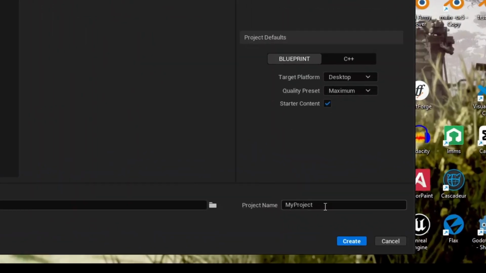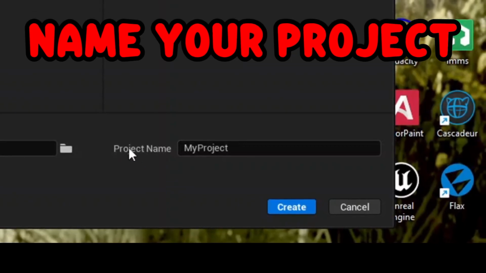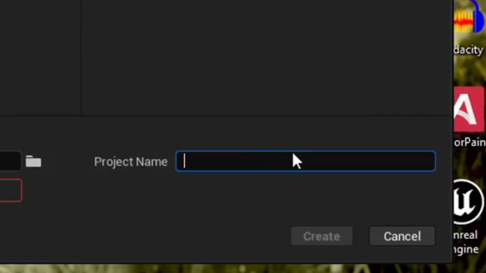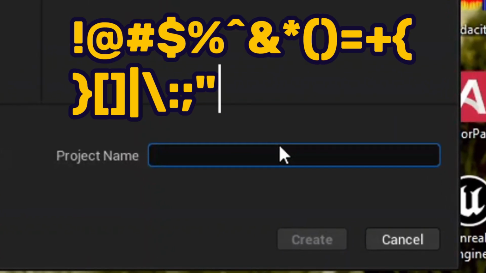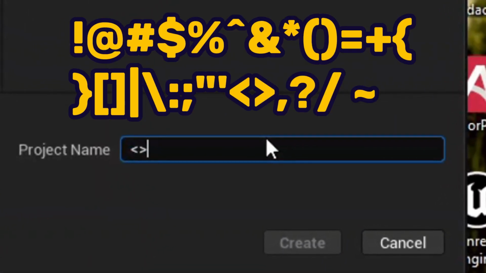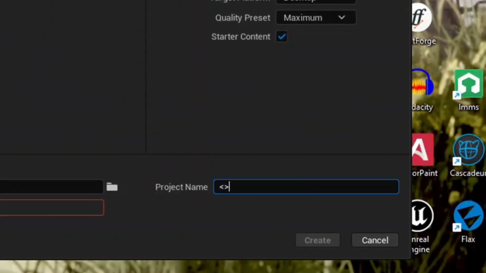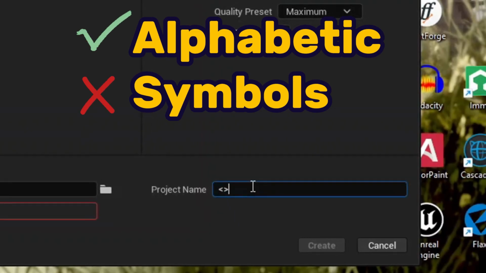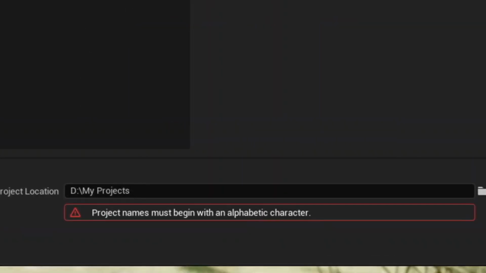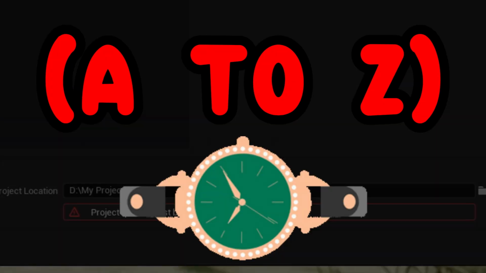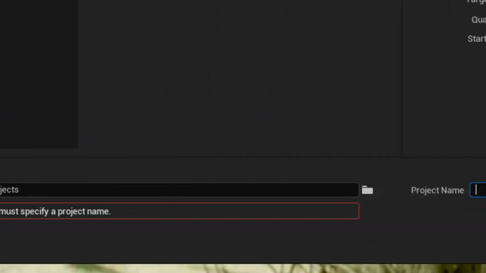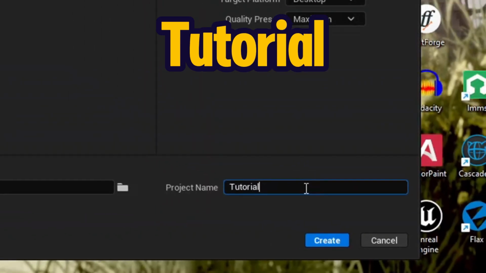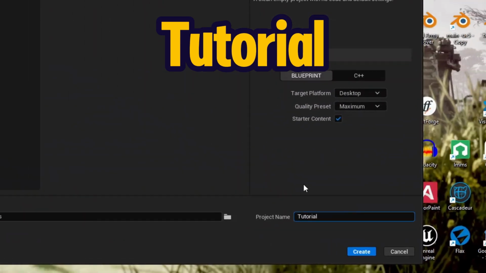First of all, you will have to name your project. It is here, on the project name. But make sure they are in words. There are no special marks like these things, as you can see. With this red mark, it is saying that you can only use alphabetic characters, not symbols. Alphabetic characters are A, B, C, D, all the way to Z. For us, let's name the project Tutorial Project,